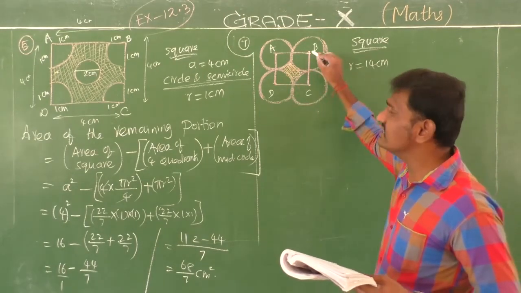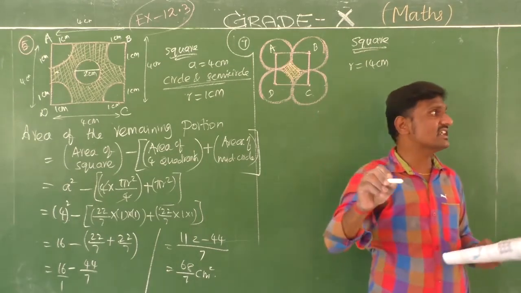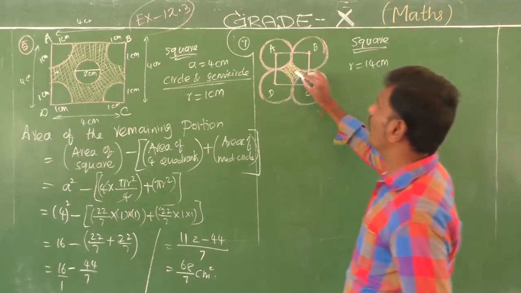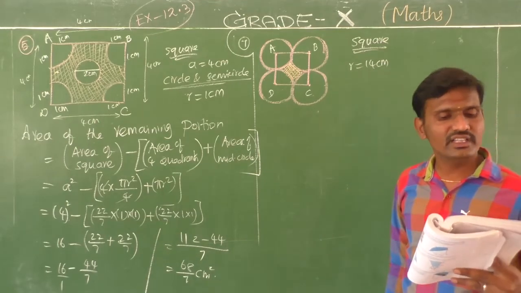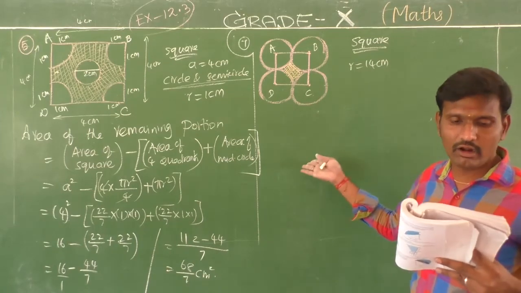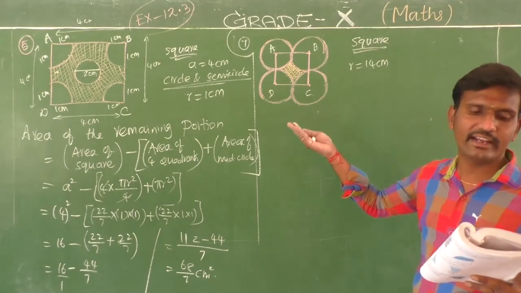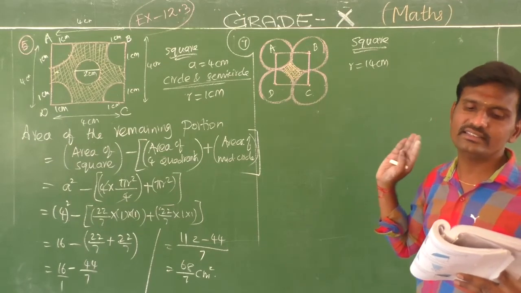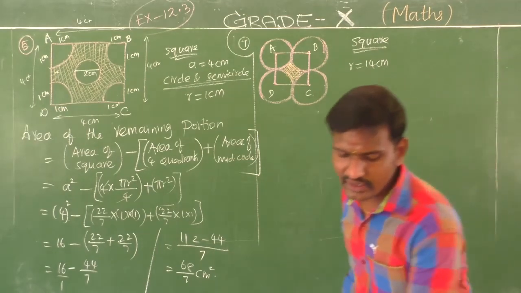In the four circles, each center I am going to mention A, B, C, D, and joining them we get one square. Now we are going to find the area of the shaded region. So they are giving that with the centers A, B, C and D, four circles are drawn such that each circle touches externally, meaning outside, two of the remaining three circles. So find the area of the shaded region. It is very simple, student.